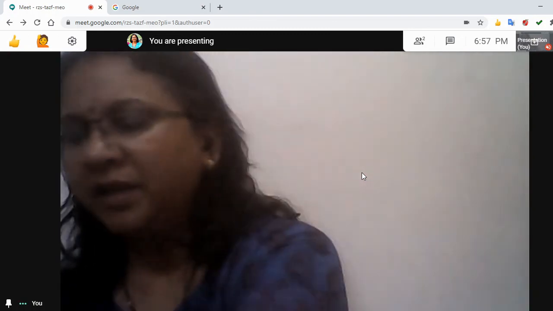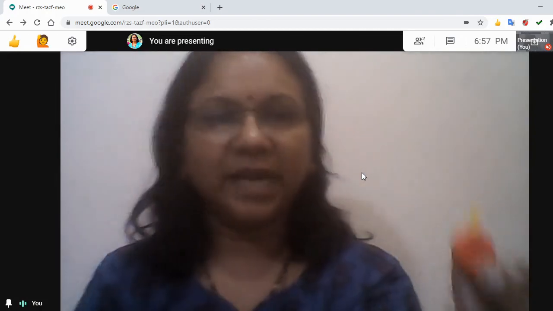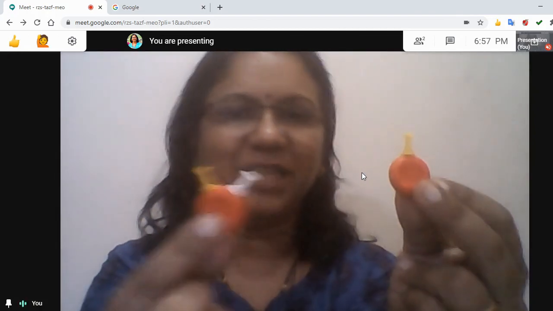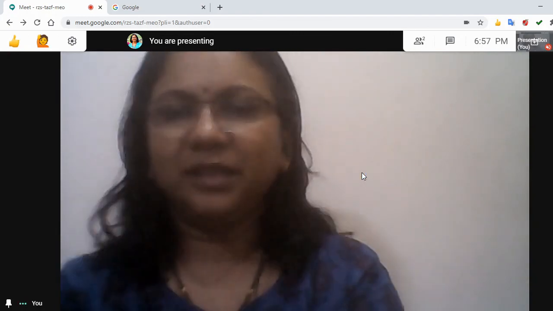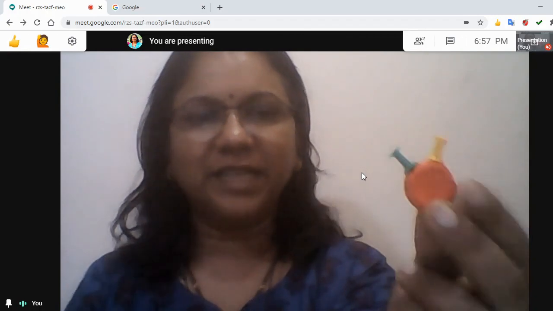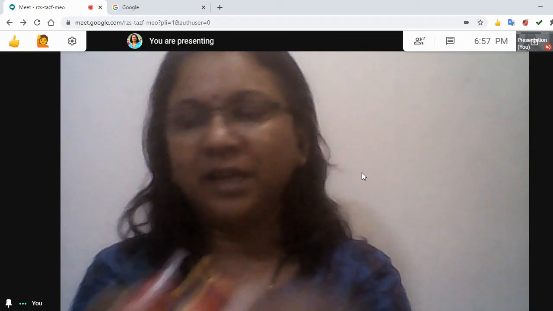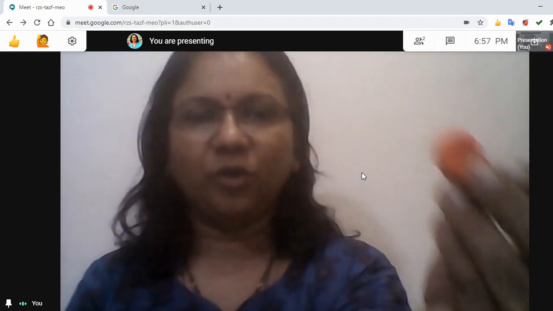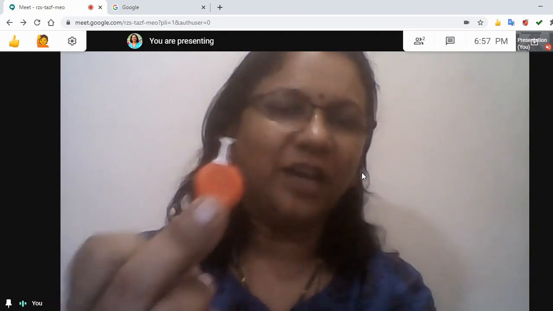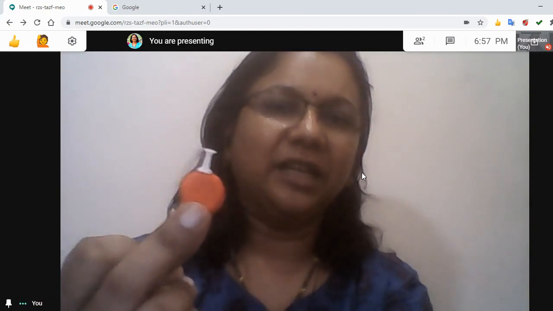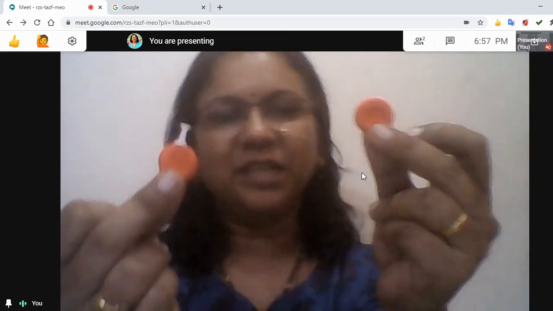Then suppose the yellow one is the B antigen. So this is B negative, this is B positive, because the white one is there. Then when both A and B are present, this is AB negative and here AB positive, right? And on the O, this is O negative, and here only one antigen is formed on the surface of RBC, that is the RH factor, rhesus RH antigen, and that is why it is O positive and this is O negative.